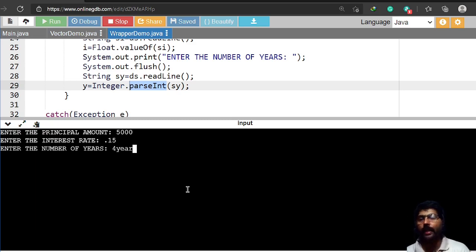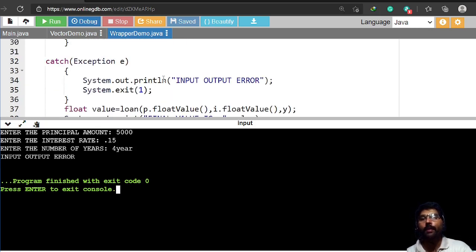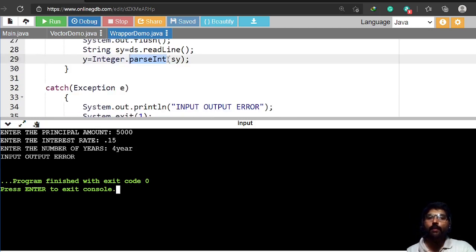So when I press enter, now see, I have given the wrong input, so it will give an input output error. It handles it properly and displays the message. Instead of crashing our program, it will just handle it properly and display the error message so that the user can understand what mistake he made and continue the process.